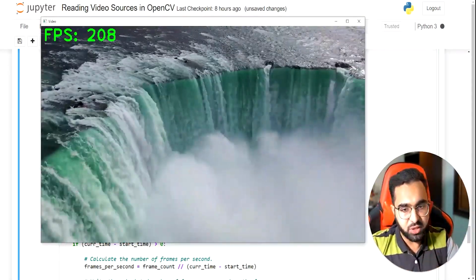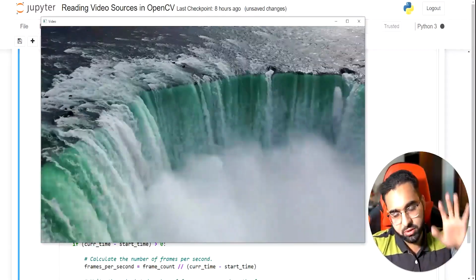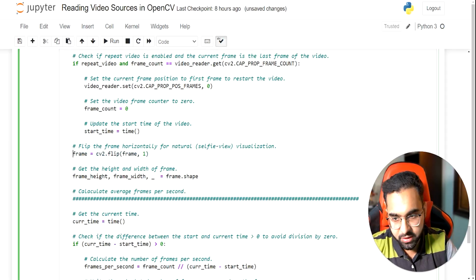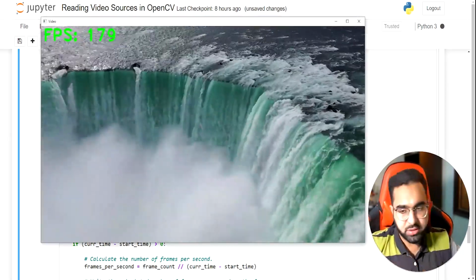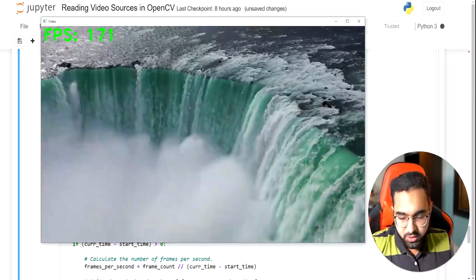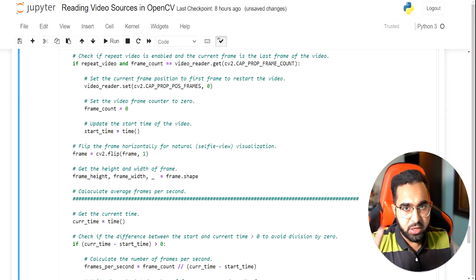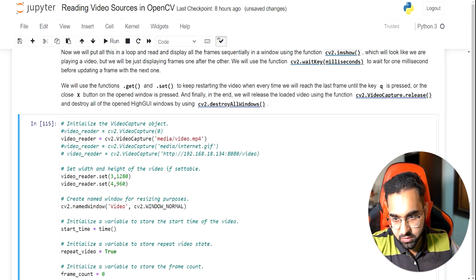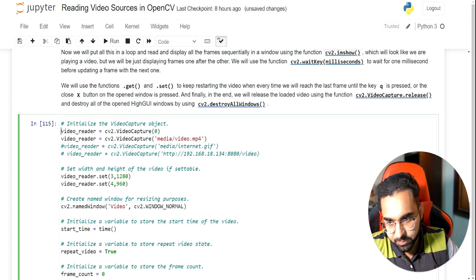And in the original video, this hole is on the right side. If I again flip the video, you will see this laterally flipped. And if you're wondering why I'm doing this, normally I read videos from a webcam, and let me show you how to read this from a webcam.